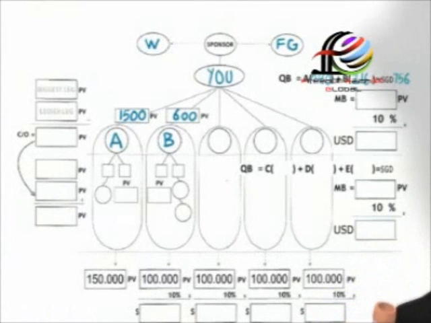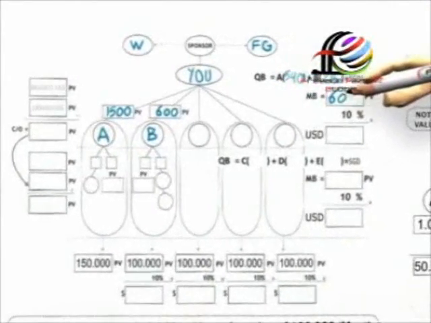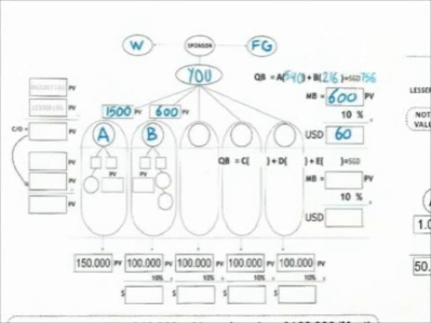In this example, with A and B, B is the lesser leg, so you will get the multiplier bonus of 600 PV times 10%. You will receive an additional $60 with the 756 Singapore dollars. Let's say that in the first week, you introduce this to 2 people. Then in the following week,